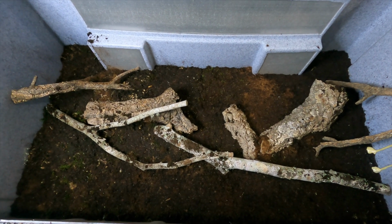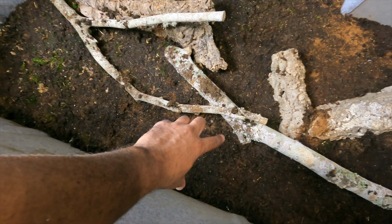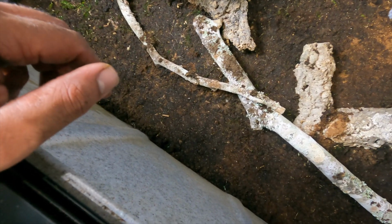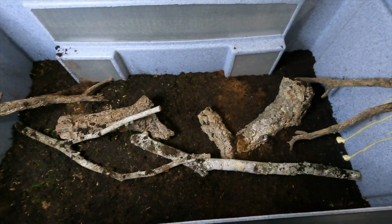All right, you guys, so progress update. That's what the back is looking like. And so next thing I'm gonna do is the sides. And as you can see, I left a gap down there at the bottom. That's because that's where the substrate's gonna go up to. So the substrate's gonna go up about 4 to 6 inches, so I could plant my plants. And so you don't wanna put anything down there near the bottom because the soil is gonna cover it anyway. So just gotta do the upper part. So now just gonna do the sides and I'll be done with that,